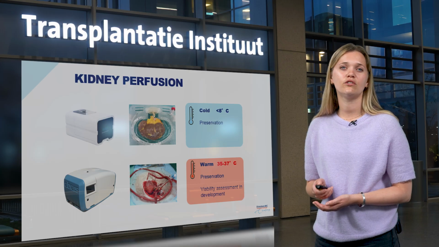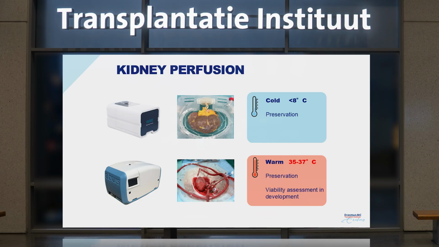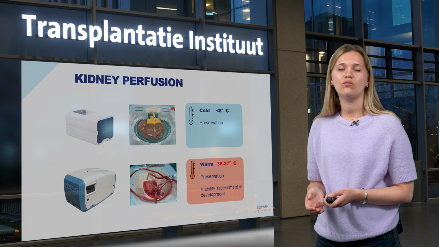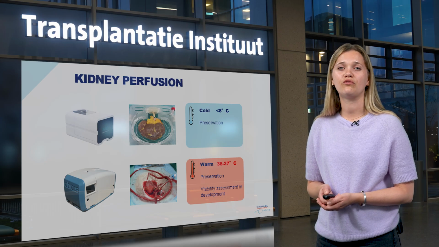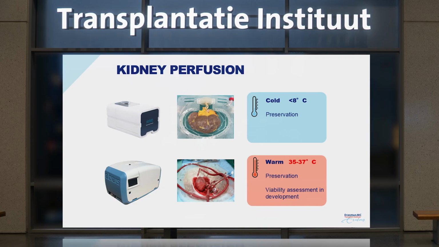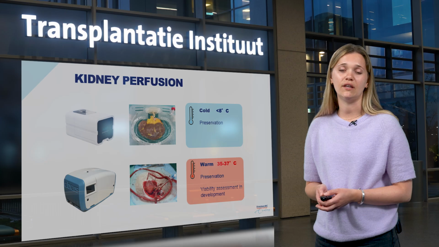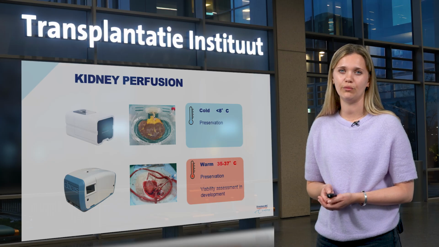I wanted to talk to you about the different organs and the current use in clinical practice. So first I would like to start with kidney perfusion. Every kidney in the Netherlands is transported on cold machine perfusion, which you can see at the top of the slide. So we preserve the kidneys on the cold machine, and that way we have better storage and better results after transplantation. We can also perform warm kidney perfusion, so with blood and based on body temperature. This is mainly now done for preservation, and the field is still developing in finding viability assessment and possibilities to assess the quality of the organ on the pump.